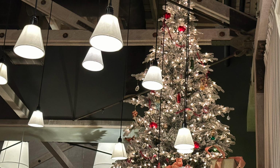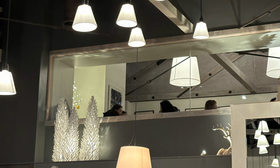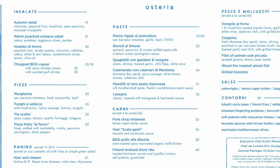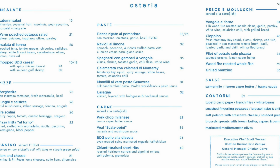There's the Christmas tree. We're going to pan a little bit and show you a little bit of what the place looks like during the holiday season. This is, again, very modern, very clean, but also feels very classic at the same time. So as to the food, you can see they have pizza, they have salad, they have appetizers, pasta, contorni, and